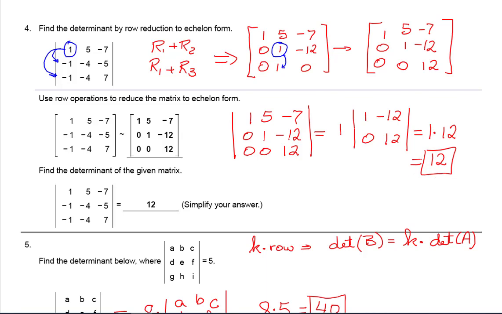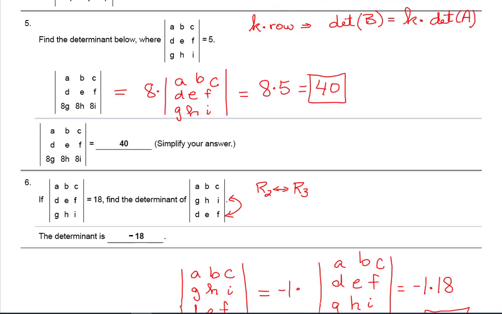Alright, question 5. We are given that this 3 by 3 determinant is 5. So what happened? I multiplied row 3 by 8. By doing that, it's 8 times the original determinant. And so I've got 8 times 5, which is 40. So remember, multiplying a single row by a constant is that constant times the determinant